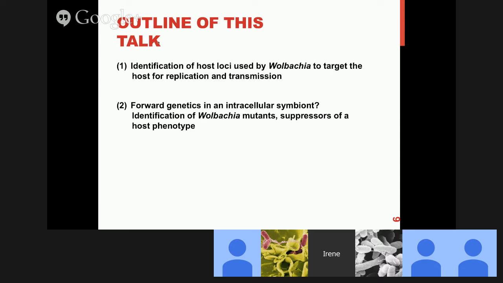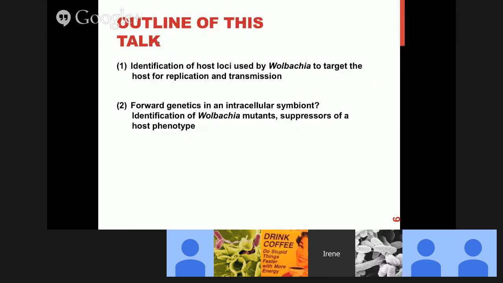All right, so as part of this talk, I'm going to focus on two different projects that have come out of our lab recently. The first is identifying host genetic determinants necessary for Wolbachia to replicate and be transmitted to the next generation. And the second part of the talk will be our forward genetics idea for Wolbachia, an intracellular symbiote. So I will present to you the data that we have and let you come up with your own conclusions as to whether or not we can actually use this to generate mutants in Wolbachia and characterize their